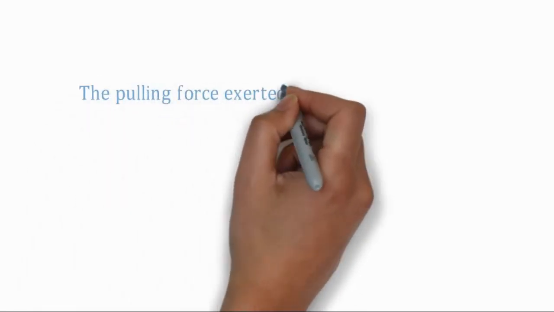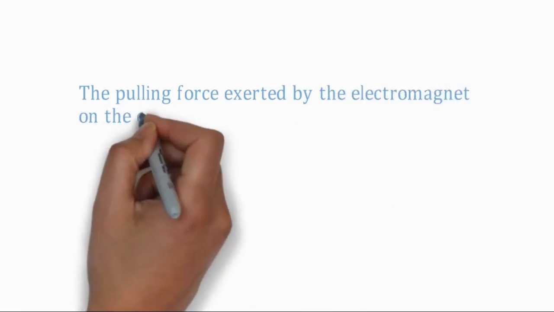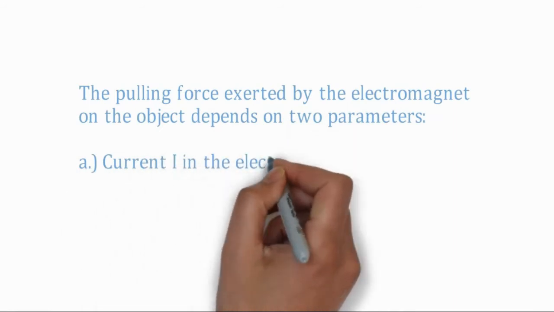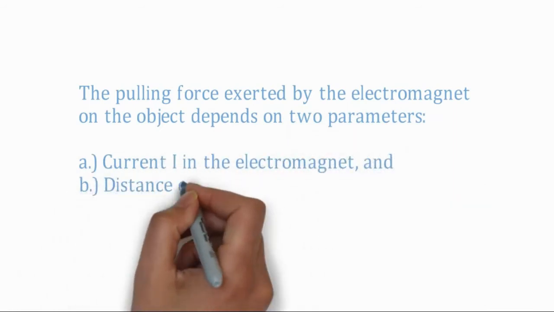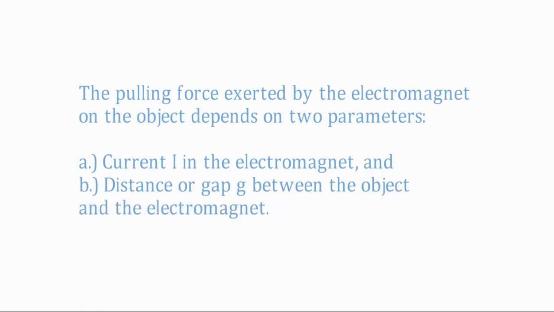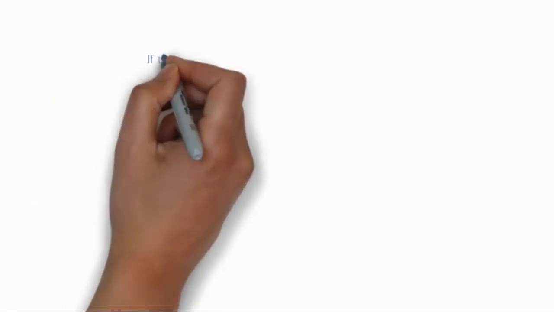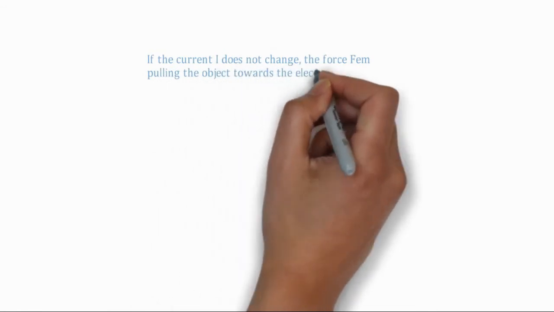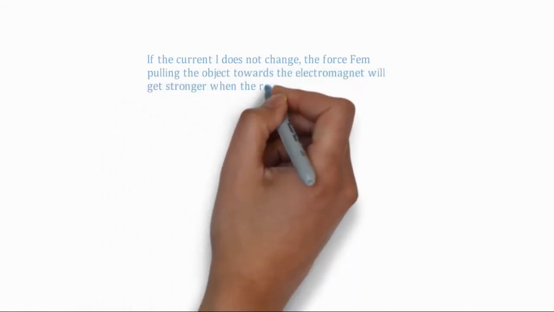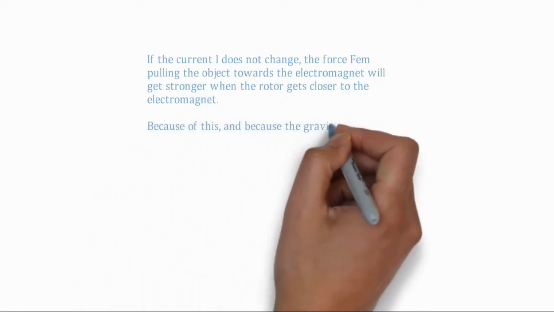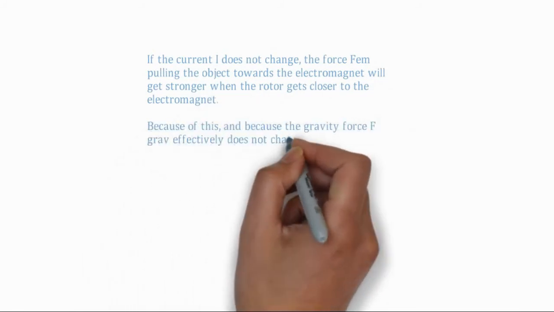The pulling force exerted by the electromagnet on the object depends on two parameters: current, I, in the electromagnet, and distance or gap, G, between the object and the electromagnet. If the current does not change, the force pulling the object towards the electromagnet will get stronger when the rotor gets closer to the electromagnet. Because of this, and because the gravity force effectively does not change with the rotor position,